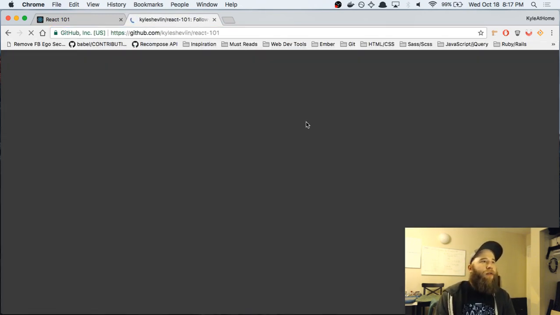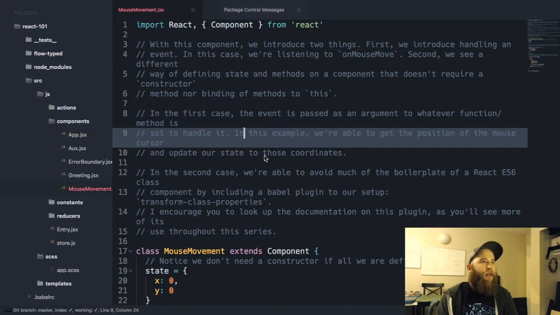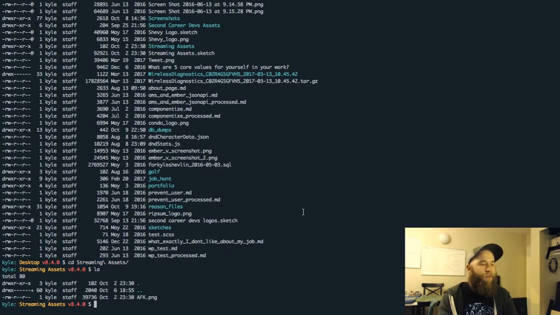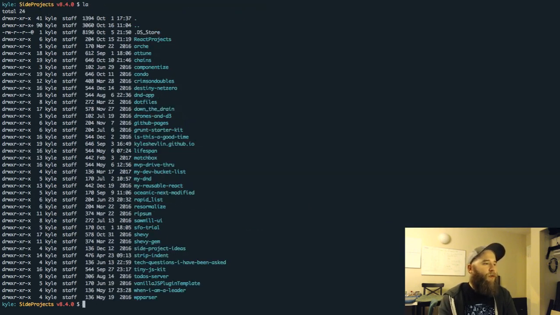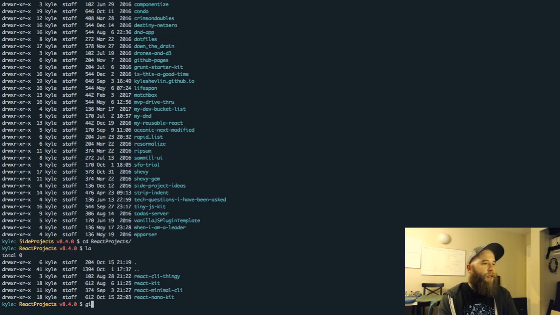And what we're going to do is I'm just going to clone it and get back to work, since I can't seem to remember where it is. Silly me. But no big deal. We will put it in my side projects folder. Just double checked I didn't add it there. Okay, we'll go into React projects, and we're gonna clone this thing.